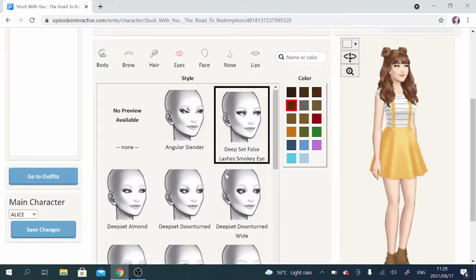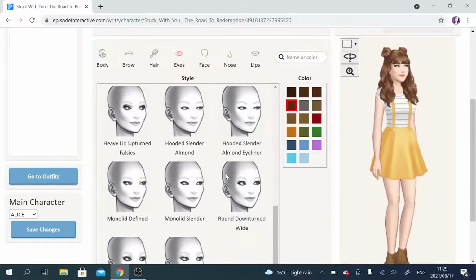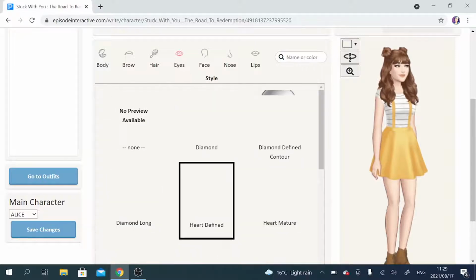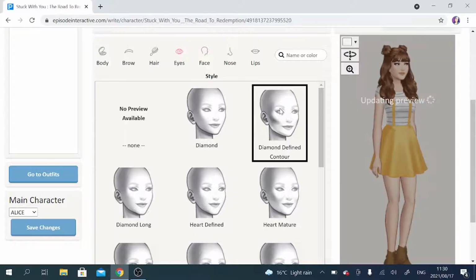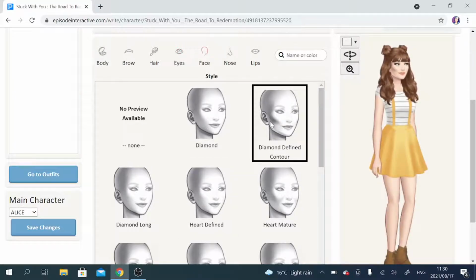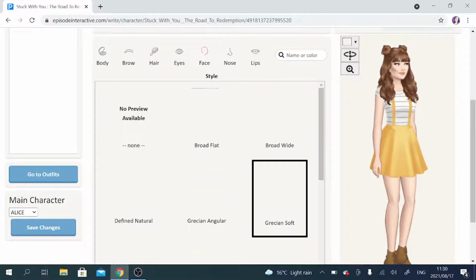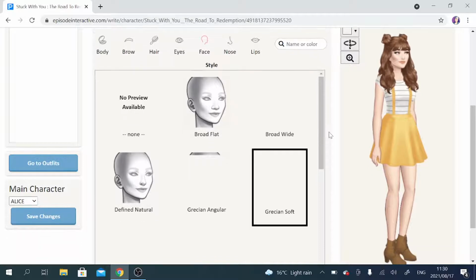I think I'm gonna leave it that way. But again, tons of options. Okay, then I'm gonna go to the face shape, which I do not have a problem with. But let's try the diamond defined contour and see what that looks like. Cute. Again, I feel as though this sort of gives it that baby face look, so I'm actually going to leave it at this. Then I'm going to go to her nose, and I know exactly which nose I want